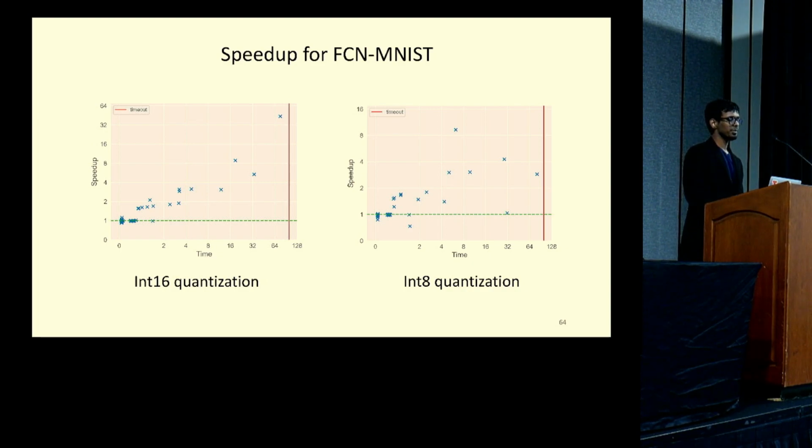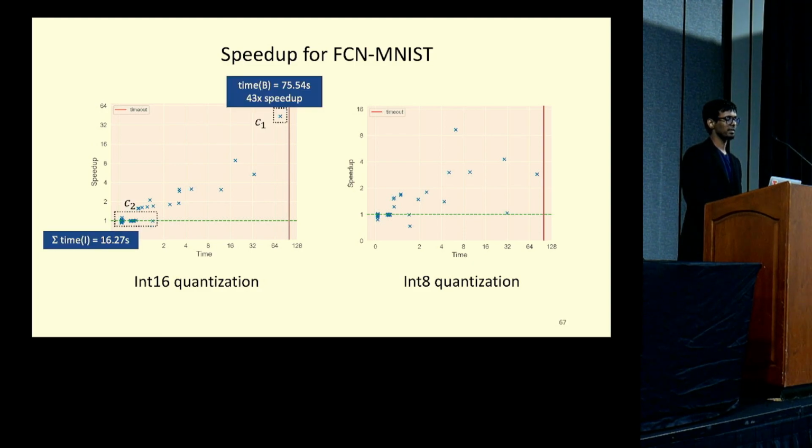The main observation across all our results is that Ivan is better at verifying harder properties. So if you see the box C1 that contains this property that takes 75 seconds, so it's relatively higher for the properties considered here. And we get 43 times speedup because it has a large specification tree, and there's more